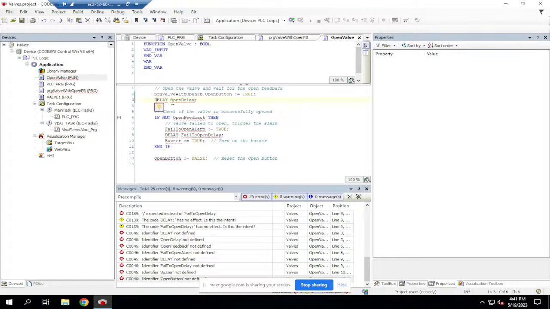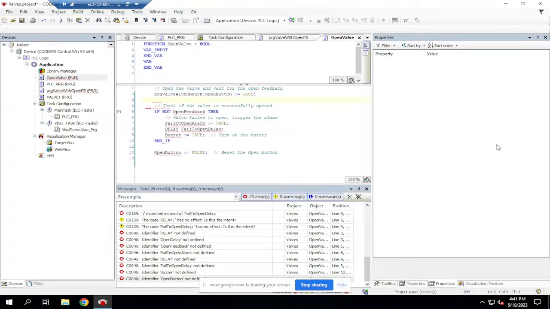This is also wrong because this is not a PLC instruction. It has to be a timer. So this is not correct. If not open PLC feedback, so this is checking the feedback. This feedback is available here, dot feedback, and then